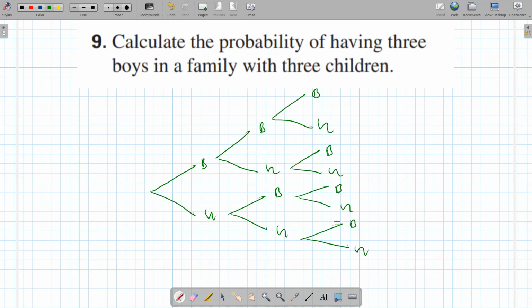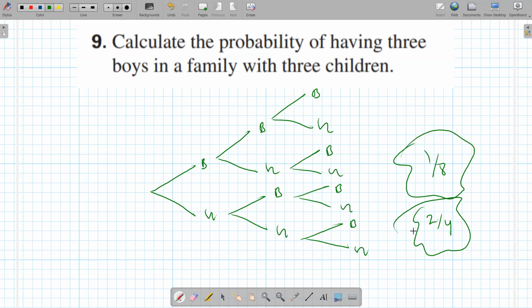8, right? And which one has 3 Bs? How many of them have 3 boys? Just 1. Yes, so 1 out of 8. So you see this? If you had just 2 children, then you'd get 2 out of 4 boys. So that's why some people have a lot of children, because eventually the odds will,